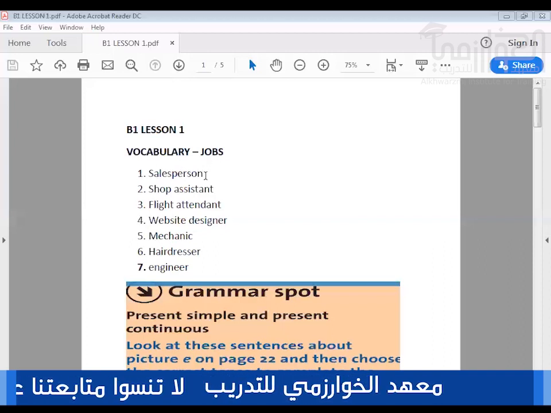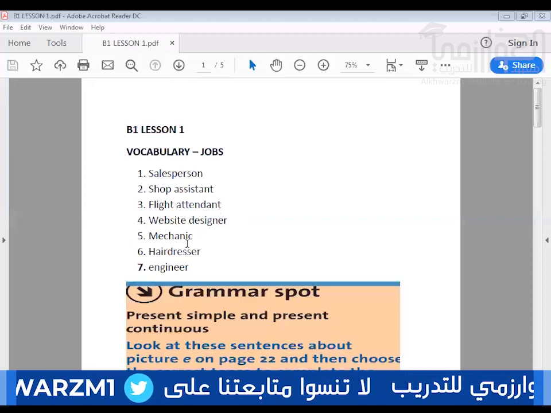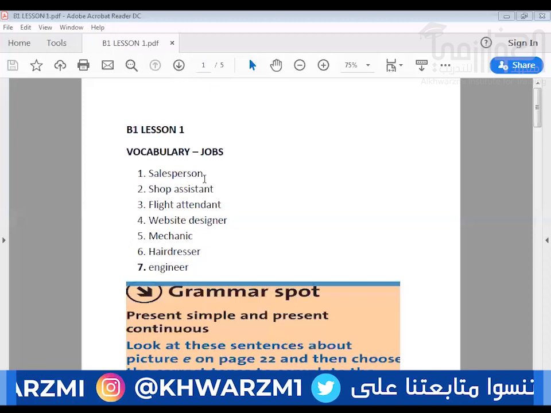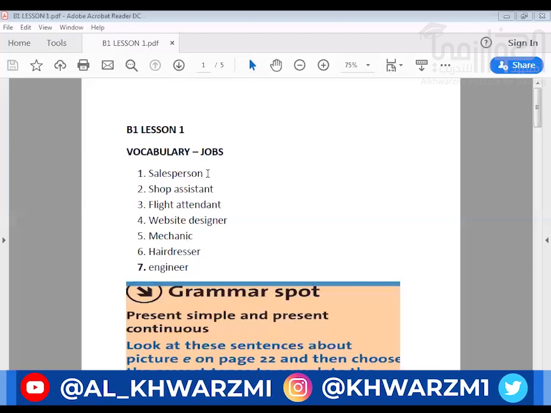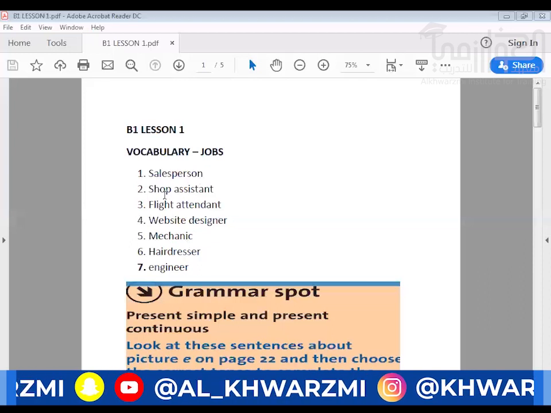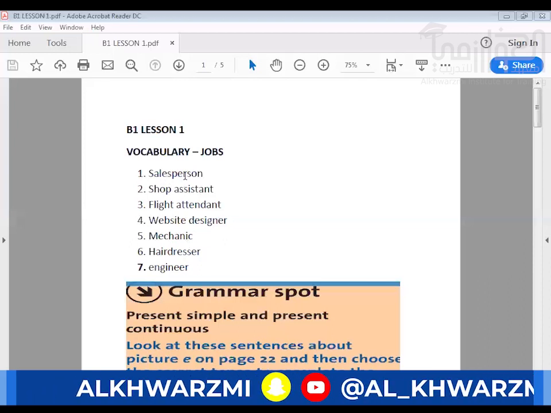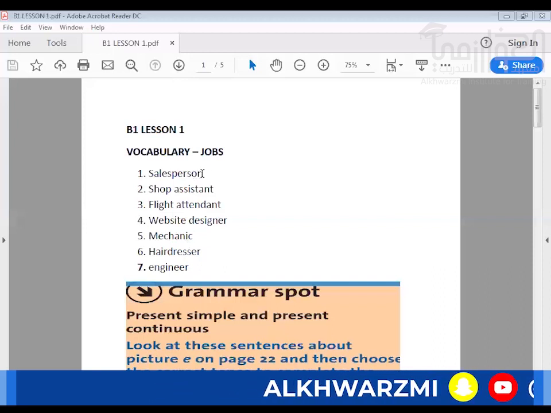We have a salesperson, a shop assistant, a flight attendant, a website designer, a mechanic, a hairdresser, and an engineer. All these are jobs. A salesperson is a person in the shop, in the store, who helps you when you want to buy something. And then we have a shop assistant. They look the same. A salesperson can also go out to market the company, the business. It can also go out to make people know about the business or send goods to other people. But the shop assistant is usually inside the shop all the time